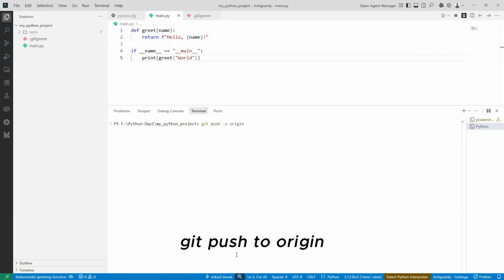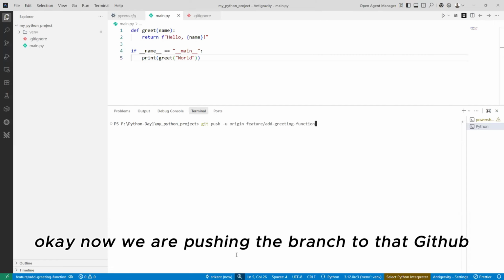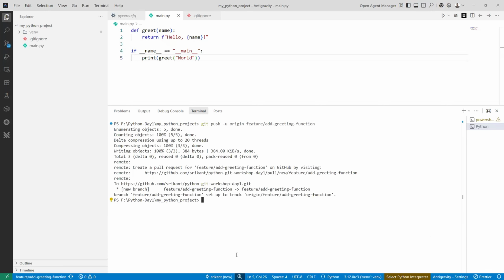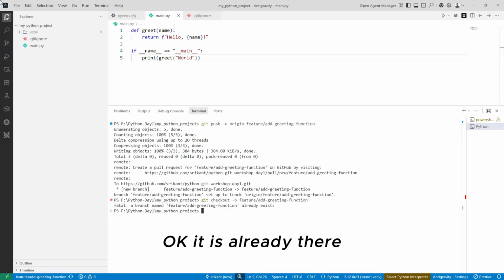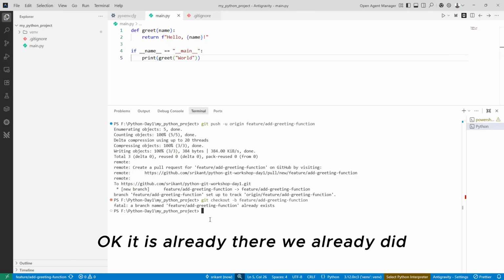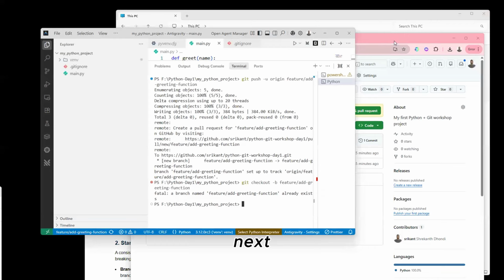Git push to origin. Okay, now we are pushing the branch to GitHub. It is successfully done. Now we need to check out our feature branch, add greeting function. Okay, it is already there. We already did. Next,